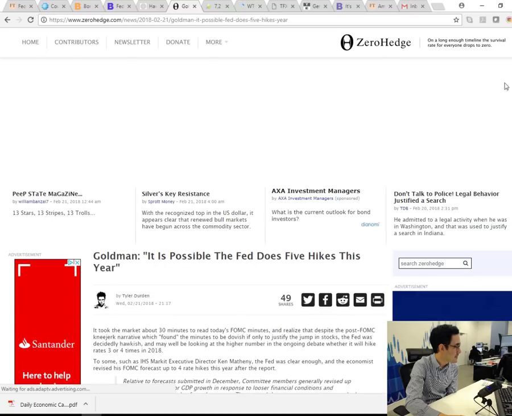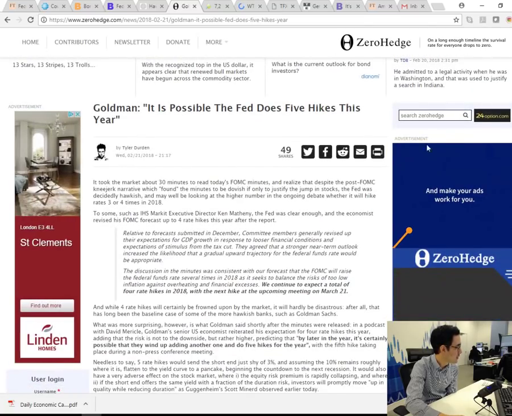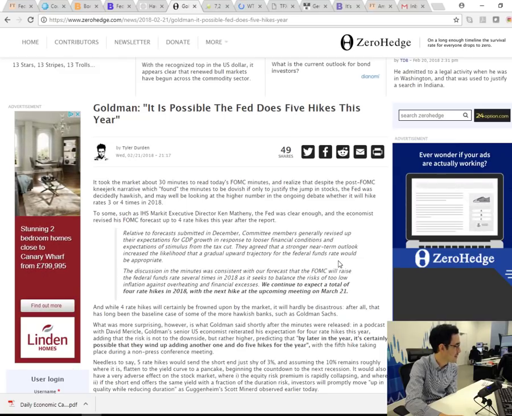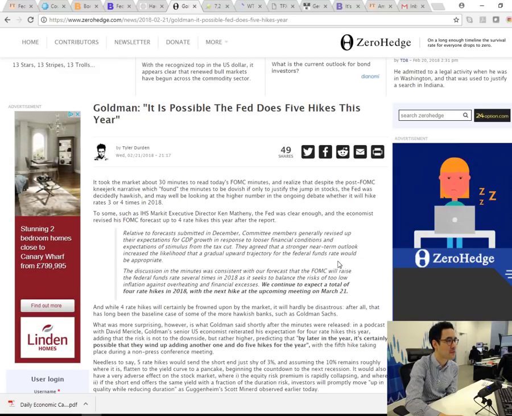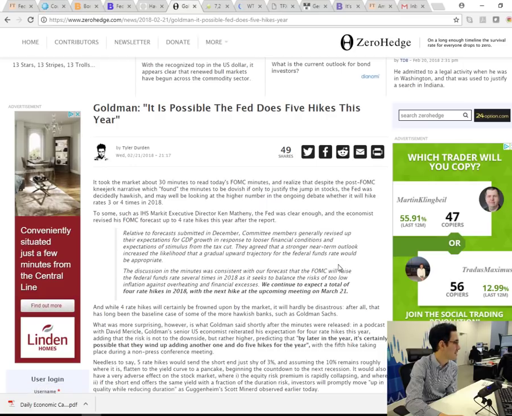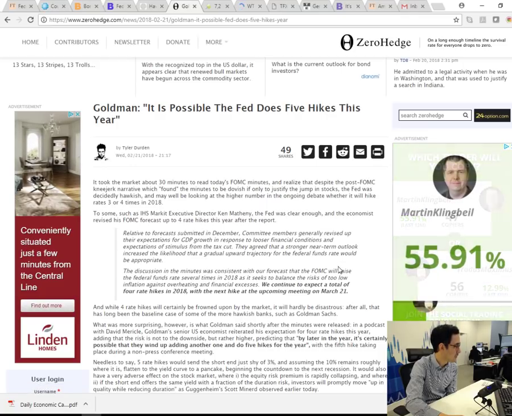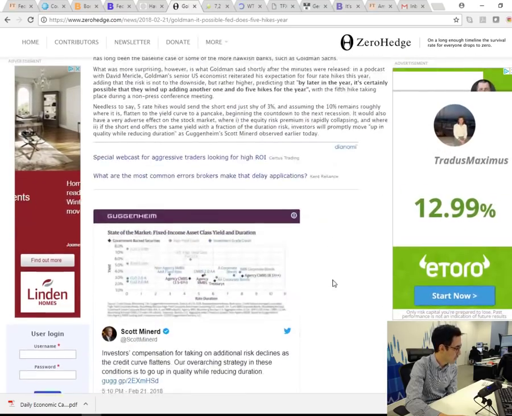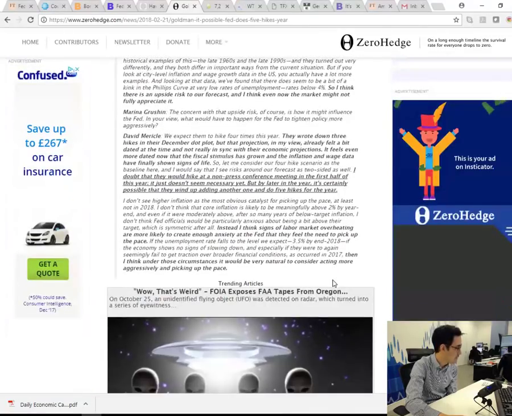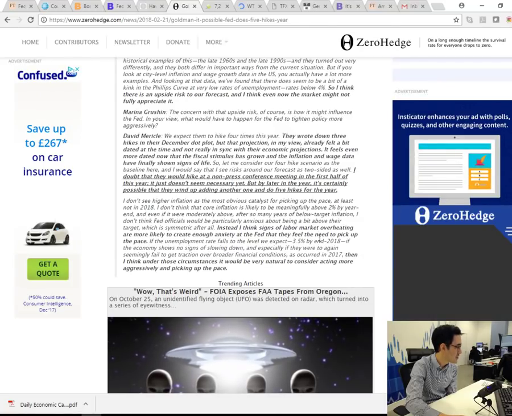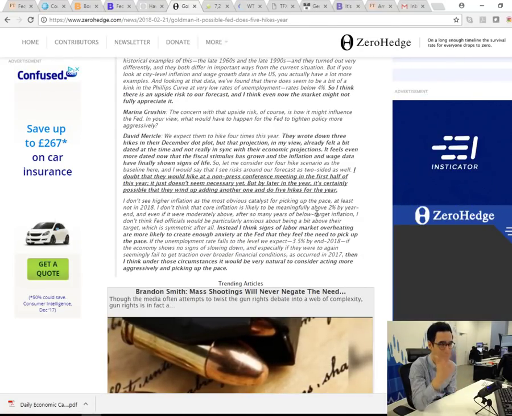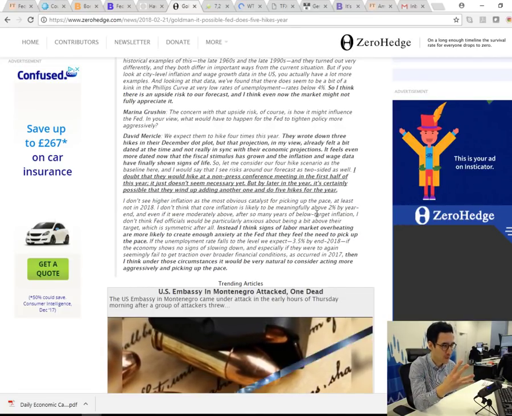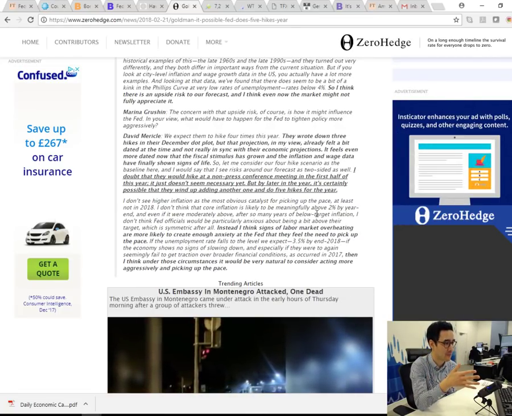What have the big banks been saying? Well, you probably would have caught this comment if you were trading last night. Goldman Sachs have come out, and their US chief strategist has basically said it's possible the Fed could deliver 5 interest rate hikes. Don't forget, the Fed currently have mapped a communication strategy to suggest that they're going to do just 3. Goldman's baseline scenario is now 4, and they're talking about the possibility of 5.